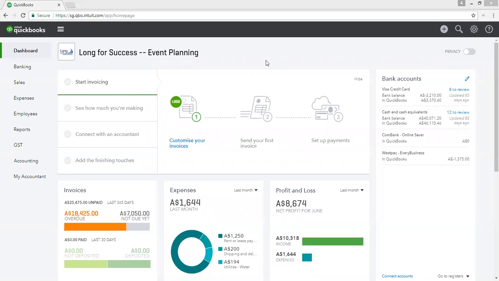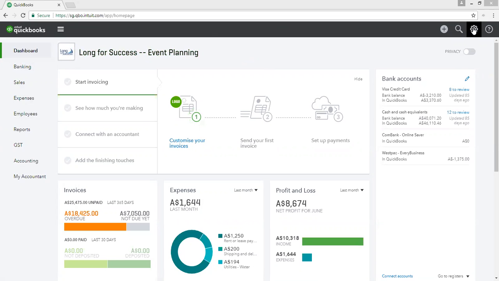Hi, this is the first video in a series on how to navigate your way around your QuickBooks file and also to know what each one does and where to go to perform the jobs you need to do. First thing we want to look at when you go into a QuickBooks file is to go up to your